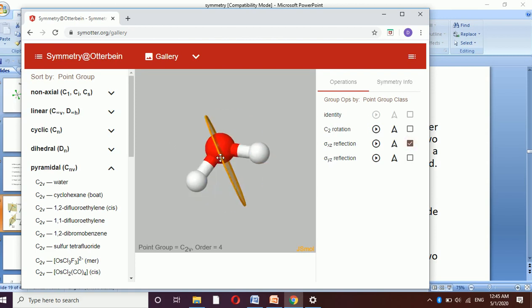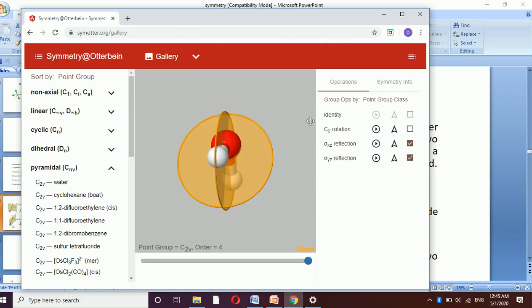This is the first plane which bisects the molecule, and we are reflecting the molecule. You see the atoms are reflected through the selected plane and you get a new image that is indistinguishable from the initial one. And the second plane is the